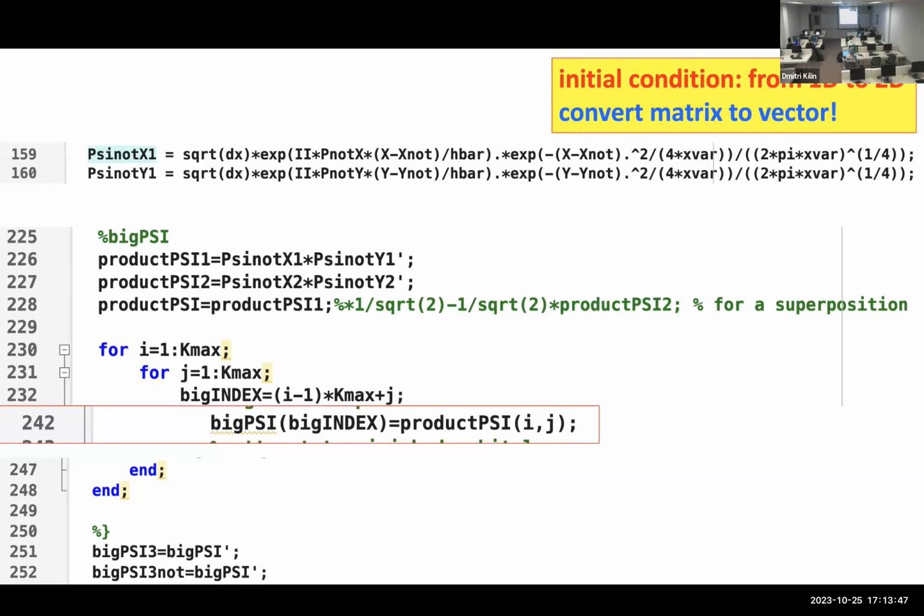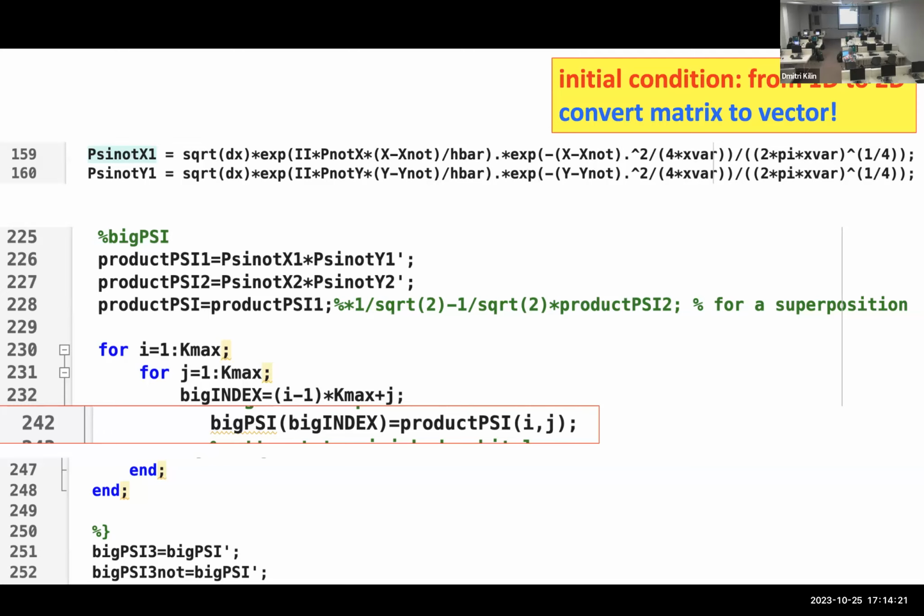Suppose we have this wave function with x and y grid points, maybe i and j. And then we want to save it as a big vector, which should have the same number of elements. So 2,500 here, and 2,500 there. So the question is, how do we map it?